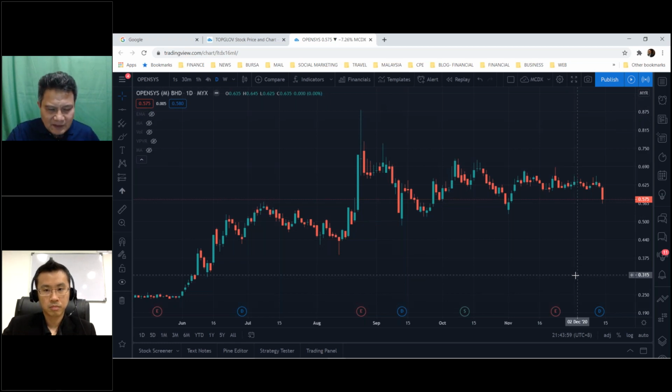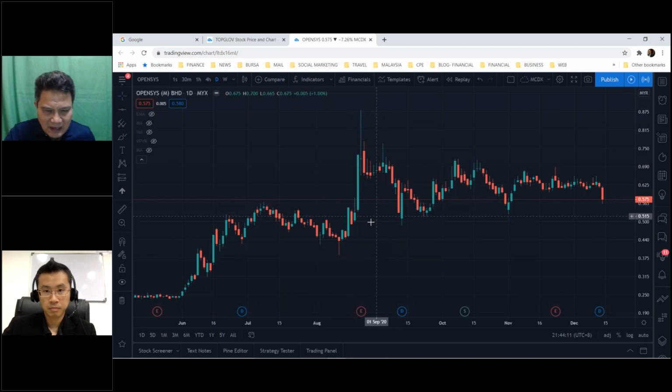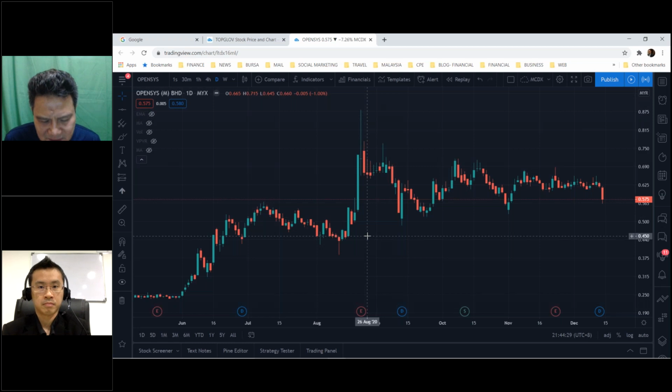Even in here, for example, you can see this is what we call a flag. If you look here, the price moves up, and then it comes down. You can draw a line from here to here, and from here to here. This is what we call a flag, which means there is a pause in the outward movement. That is what we call a chart pattern. So there's a difference between the chart pattern and the candlestick pattern.